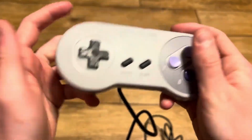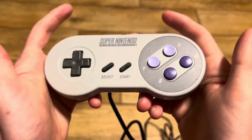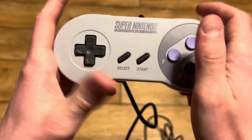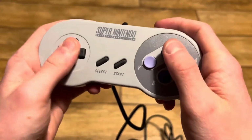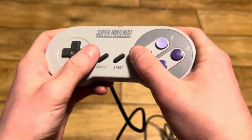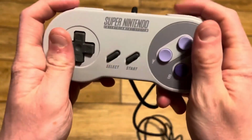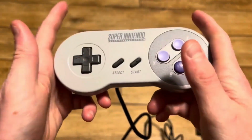It also has a great design. It just feels super natural to hold. Overall, it's greatly made. It feels nice. It doesn't feel cheap at all. The buttons are nice and responsive. I don't know, there's just not much else to say about it because at the end of the day,